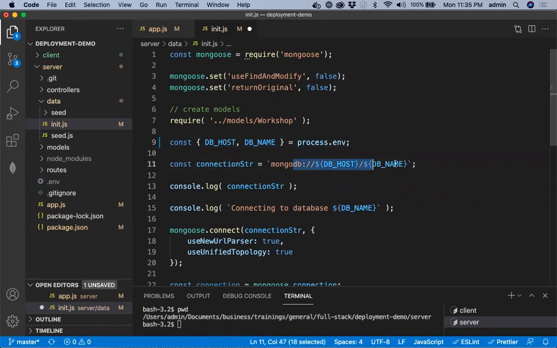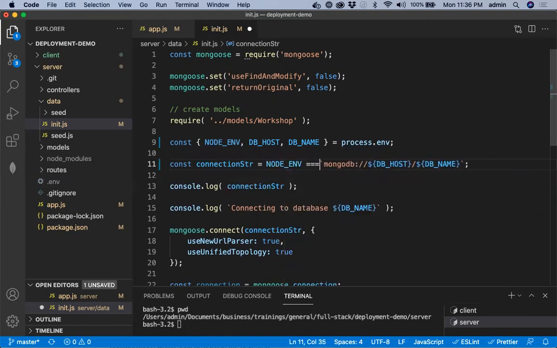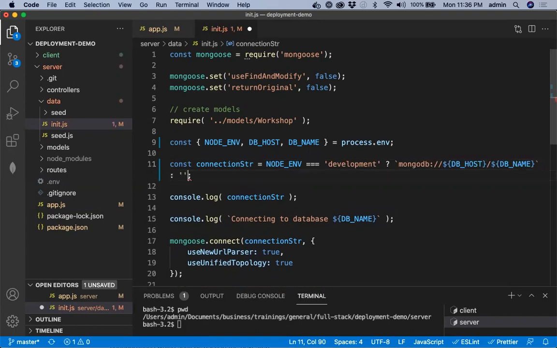And the connection string is this. Later we'd also have to take care of a different kind of connection string for production. So we'll also check NODE_ENV, which we have set up. Right now, since our .env has NODE_ENV as development, the only possible case is development. Later we'll see it can even be production. If it is development, then we set it to this, else for now we leave it as an empty string. Later we'll set this when we configure for the production environment.